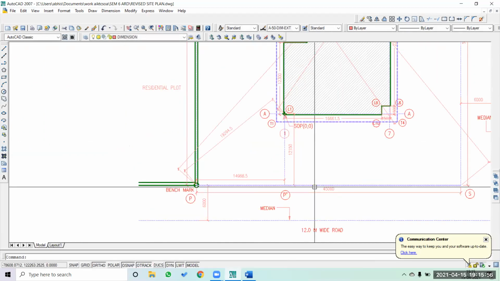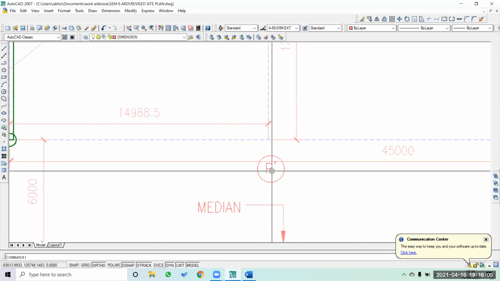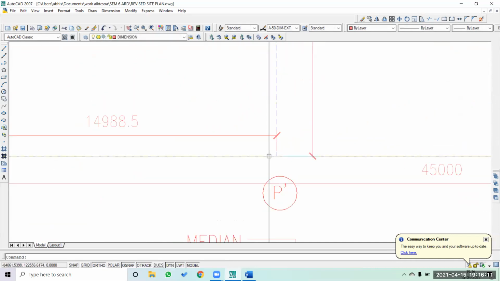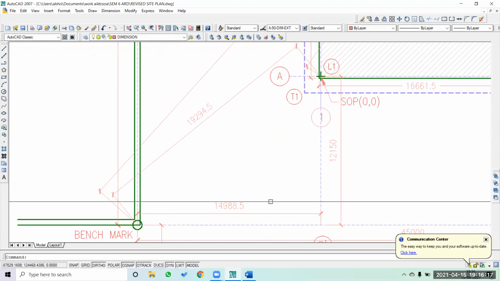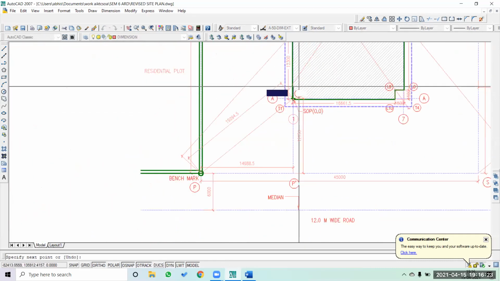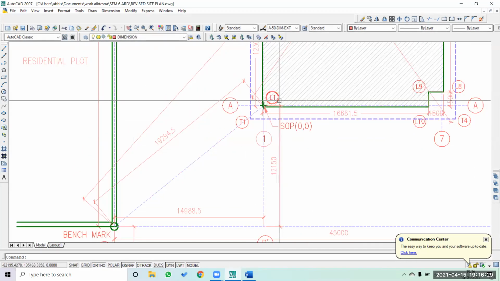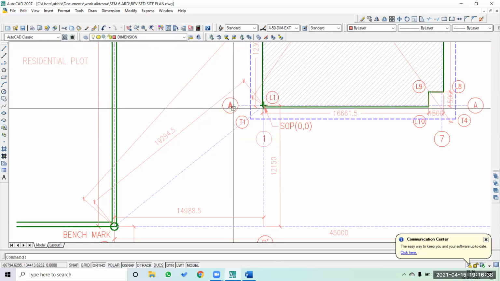You can make it P1, or if you want to go for PQ or S, you can take a T, but we already have selected that here, so it could be U, so it can be a different point altogether, or it could be a Roman number also. So it doesn't matter. What matters is you mention that this particular dimension, the dimension from P to P dash, has to be given. Hence we now have practically formed a triangle to mark this particular point, which is L1. Not the L1, actually the intersection of the A and 1.